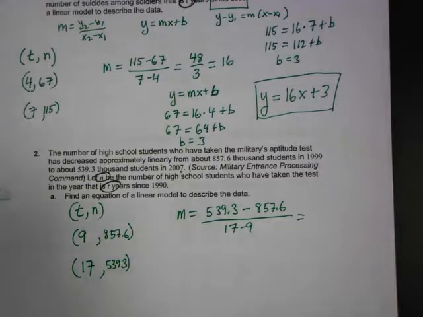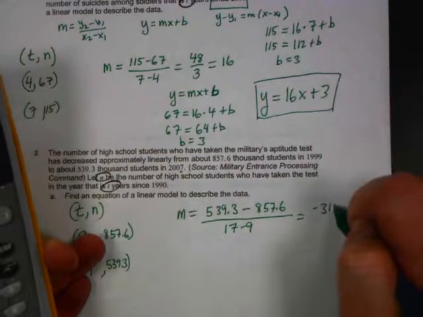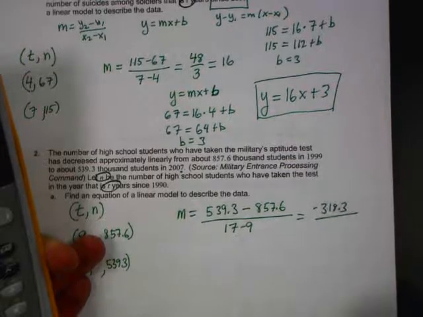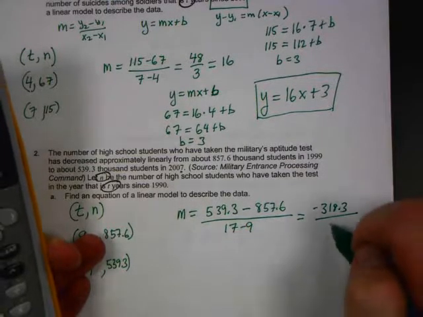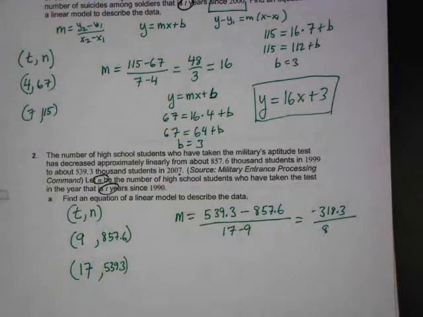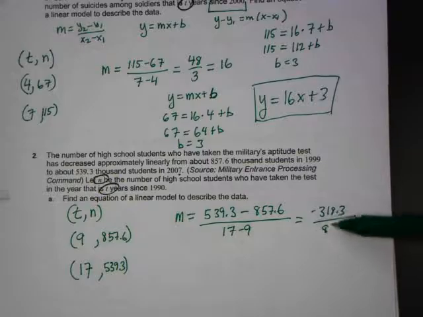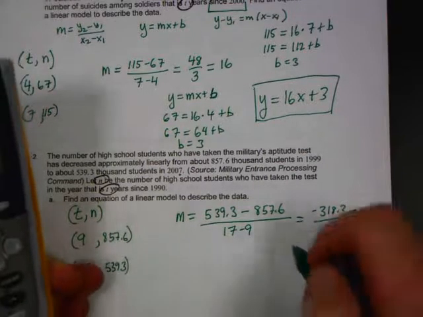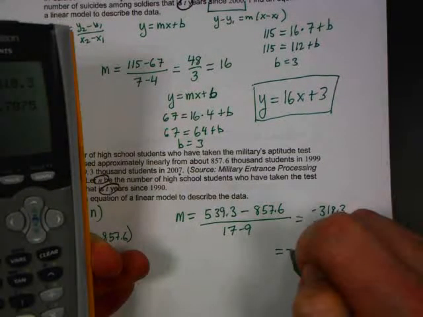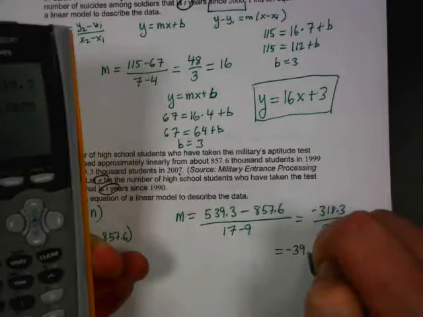I got negative 318.3 over 8. Now, this time, I would go ahead and use my calculator and give a decimal, because, in general, we don't like it when we have decimals and fractions mixed within the same problem. So this one, I think it would make sense to divide by 8. And I'm going to write it as negative 39.3